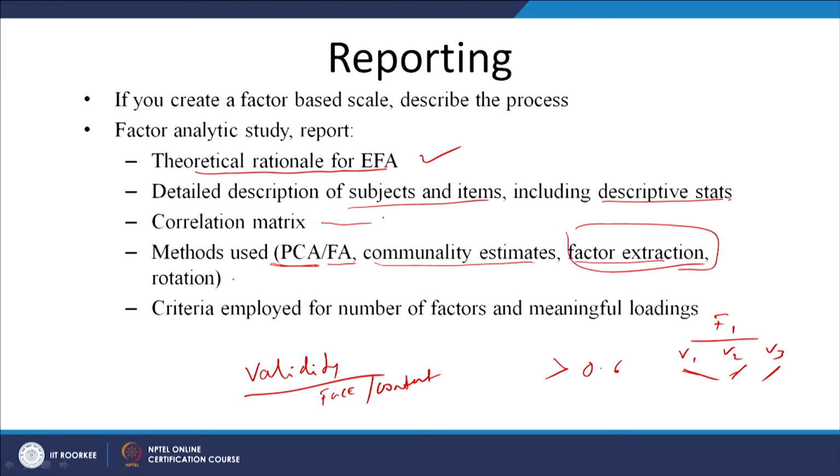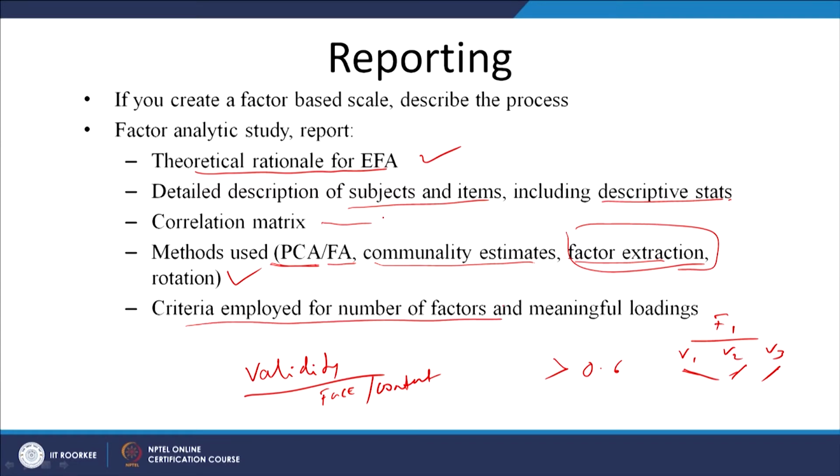And what was the kind of rotation you had used to bring some sanity into the study? Suppose your study was not behaving properly or it was not giving a good result, then you should do a rotation, otherwise you need not do a rotation. But suppose you found that most of the variables are loaded into only one factor, then we will do a factor rotation. So which type of factor rotation did you do? For example, Varimax or Equimax, Promax, whatever.